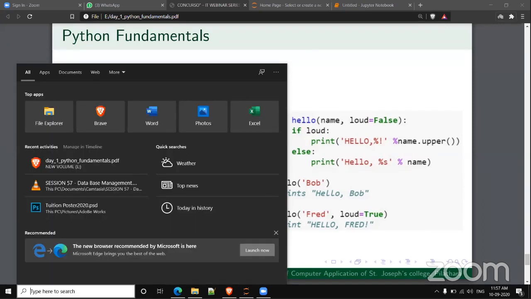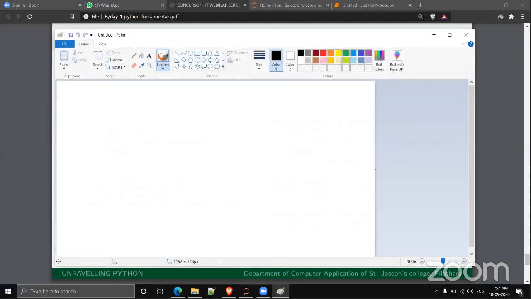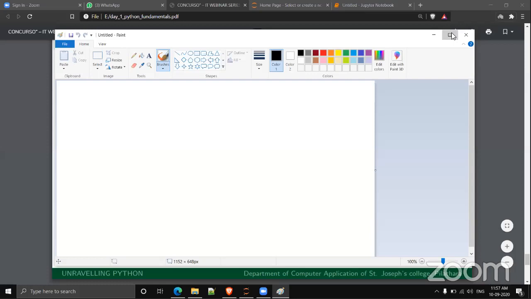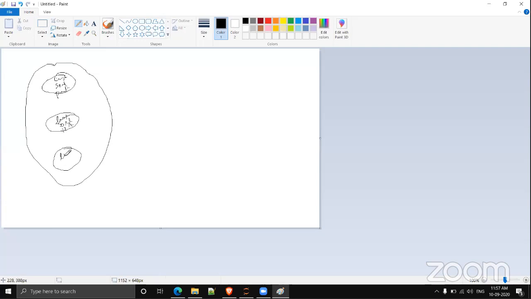I will simply use a paint application. Okay. Can you see this? Yes. Okay. So consider we have a program. This is a program, and at several steps we have to do the same kind of operations. Like we have a list and we have to sort and print it. Again, here also we have a list. We have to sort it and print it. Okay. List, sort, and print.